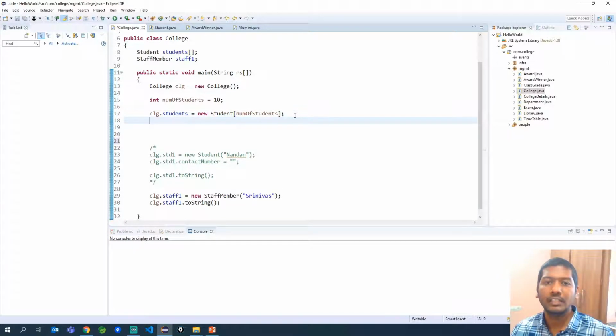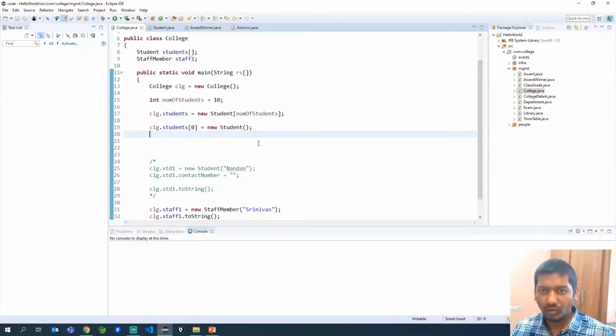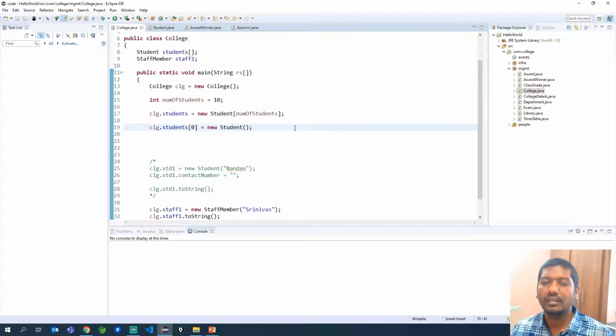So now for each individual student, we will create an object, and then we will assign values to the data members and see how we can access the objects. Do not get confused as to why we are creating objects two times. The first one is about creating an object of array, not the student. It is only saying that you have to create an array of type student. But now with respect to each student, you have to again create the object and then access that particular object. Otherwise you will get null pointer exceptions.